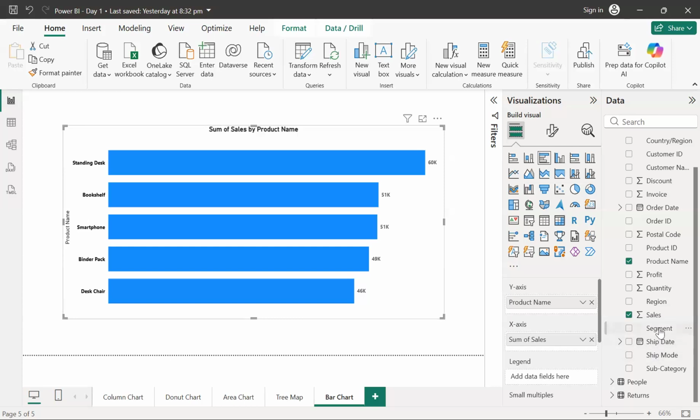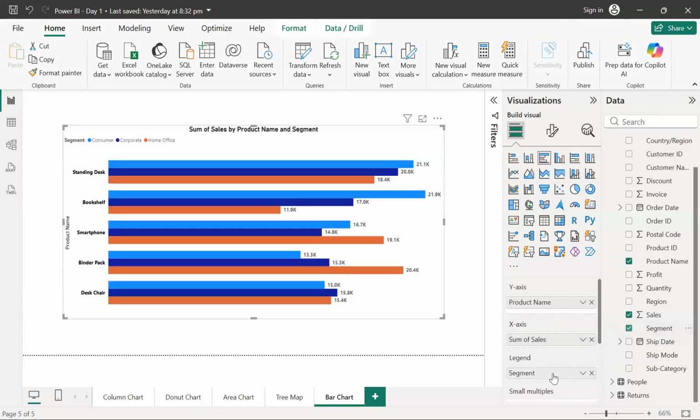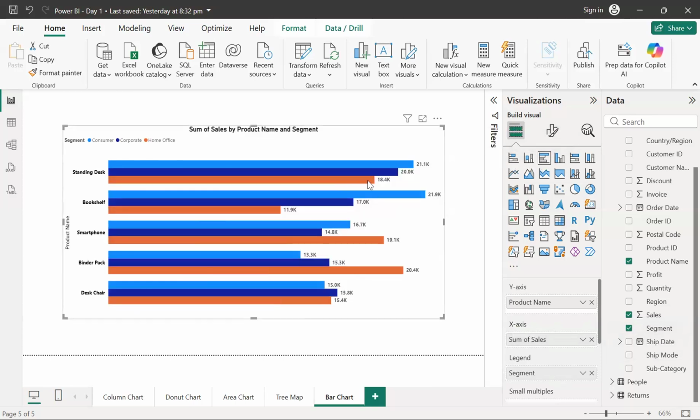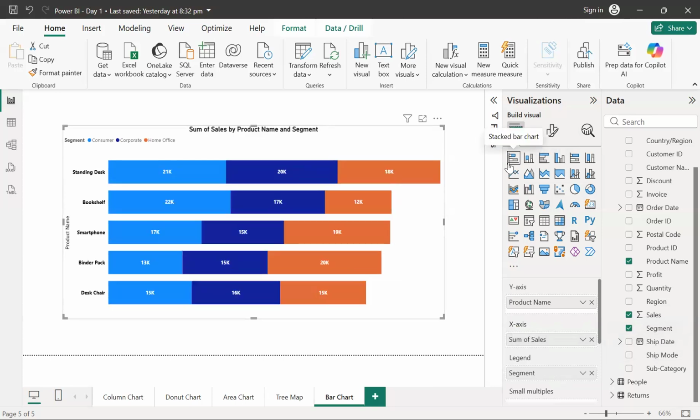In that case, I can simply bring this segment into the legend field. Now, in this way, even with the clustered chart we are able to divide it into three different segments. Or I can change it to a stacked bar chart and see that information.